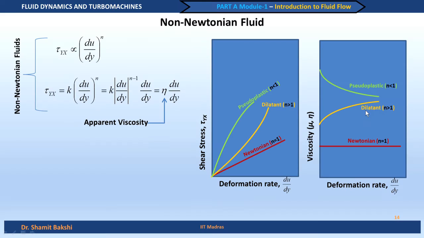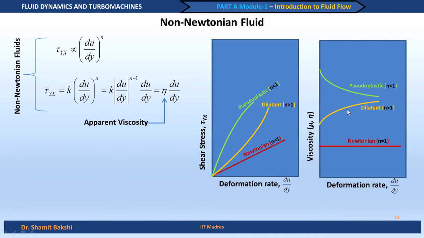Again, there are examples of dilatant fluid as well. One good example which is familiar to us is, of course, cellulose and other things are also there. One very good example is wet sand. If you have experienced walking on the wet sand in the beach, you will see that if you walk on the wet sand, your foot will sink, but if you jog on the wet sand,